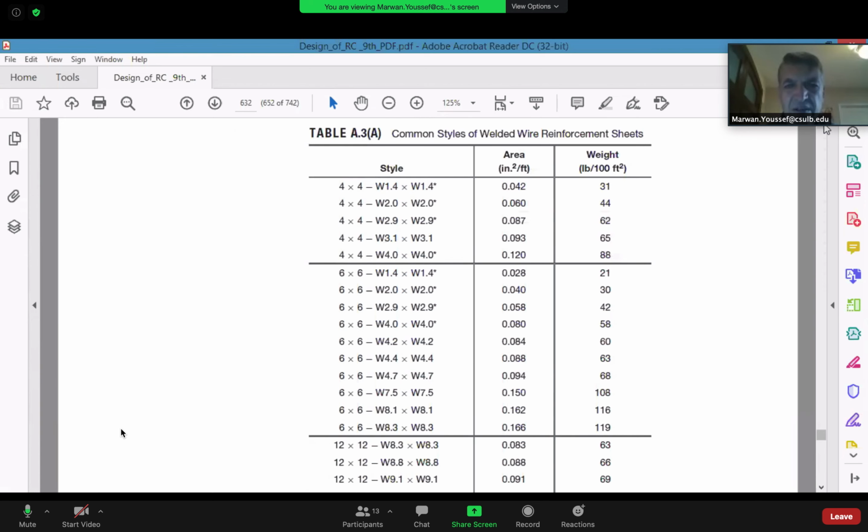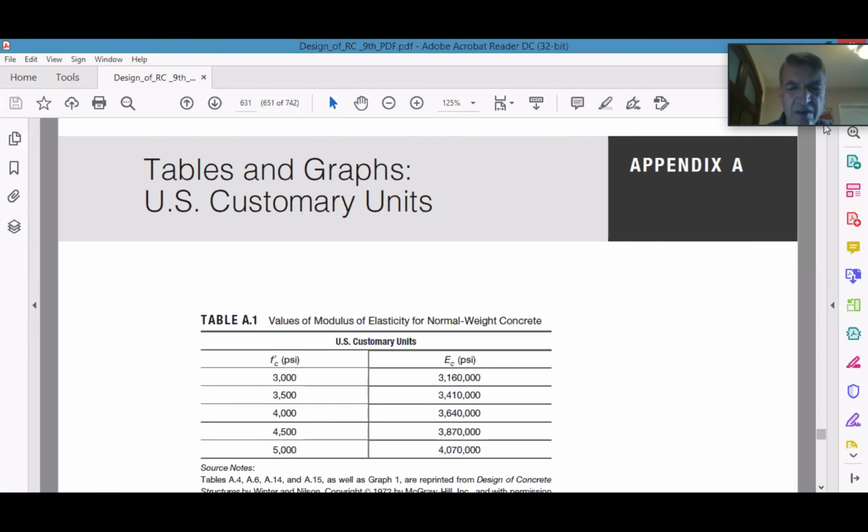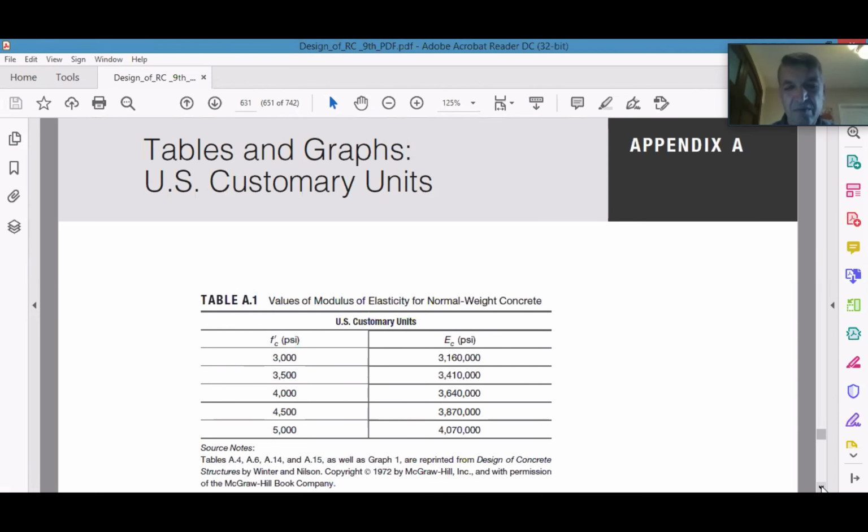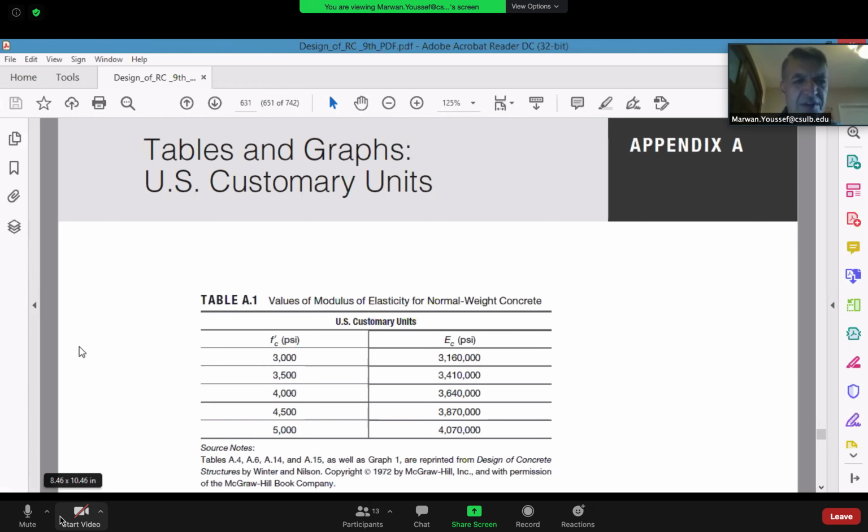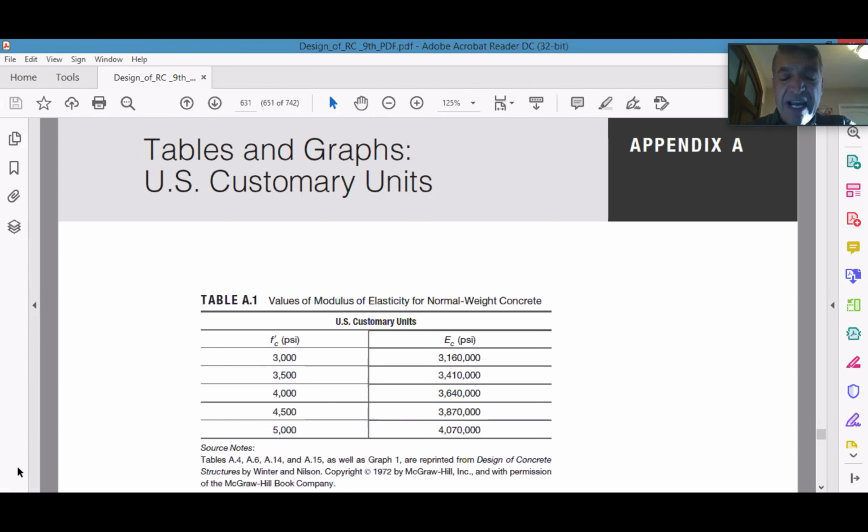Professor, I have a quick question. Yes. All of the tables, they all come from the ACI 318? Yes. All these tables are from the ACI code, okay? Yeah, ACI 318 has some tables in it, and there are some other documents